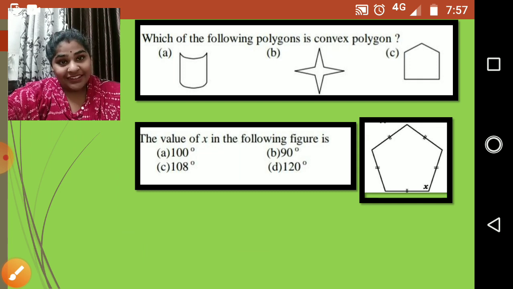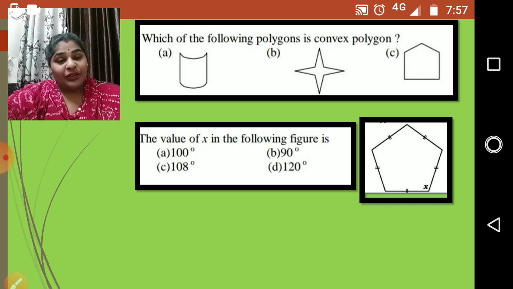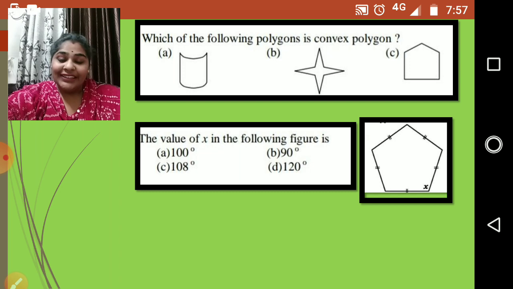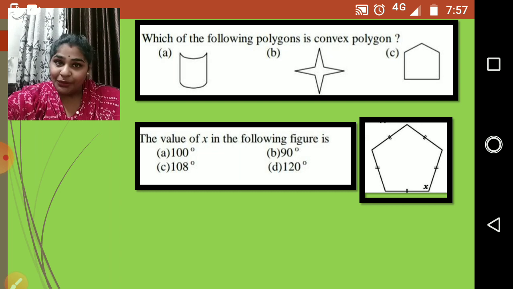Now I think it is clear. So in the objective, directly you may be asked a few sums which, looking at them only, you can decide the answer, and a few may need solving also. So you have to first solve in the rough book and then choose the option. So children, before the exam begins, be ready with a pen and a book where you can solve and then find out the correct answer.